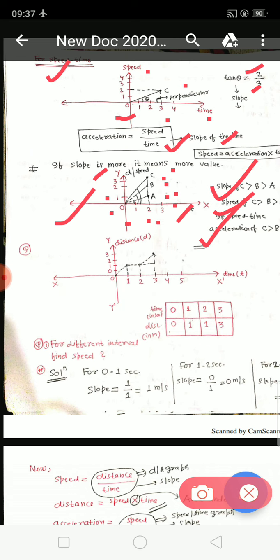Now I will give you another example. There is a question, suppose there is a distance time graph, but the distance time data has been given to me in tabular form. So my first aim is to depict it on a graph. Then after that we will solve the questions. So it is simply the coordinates. Here time is on the x-axis, distance is on the y-axis. So you need to draw the coordinates of this time and distance. Time is the x coordinate and distance will be the y coordinate.